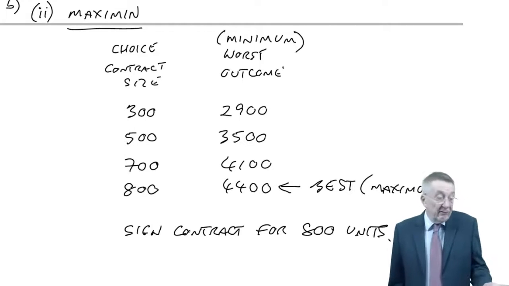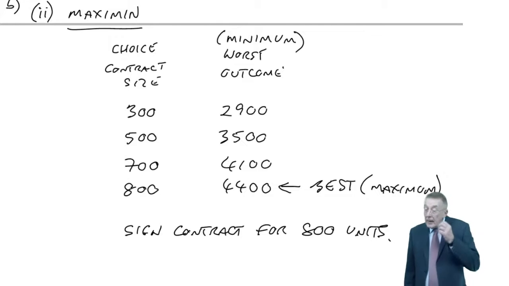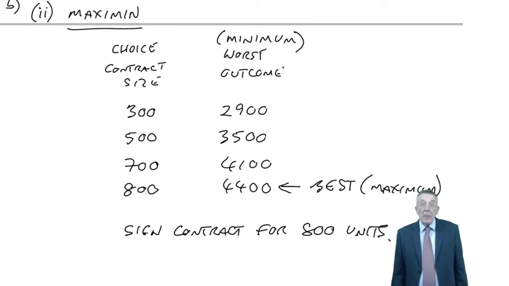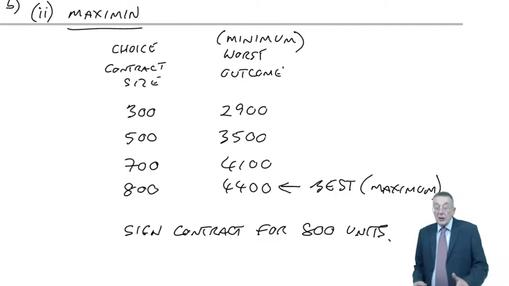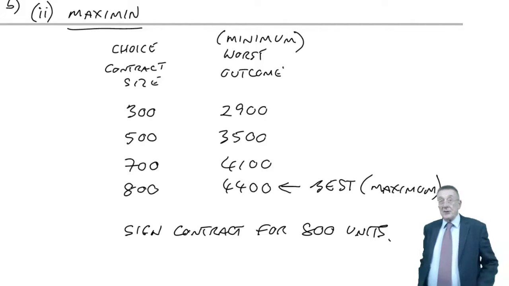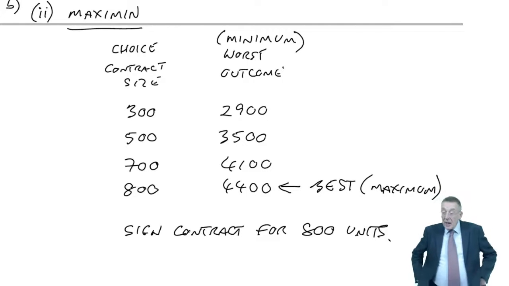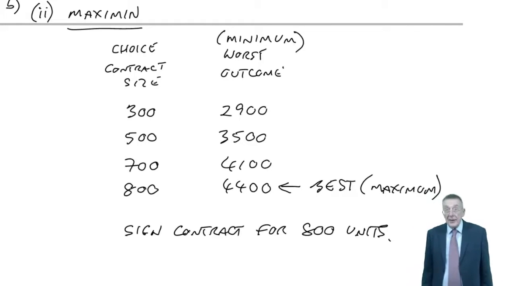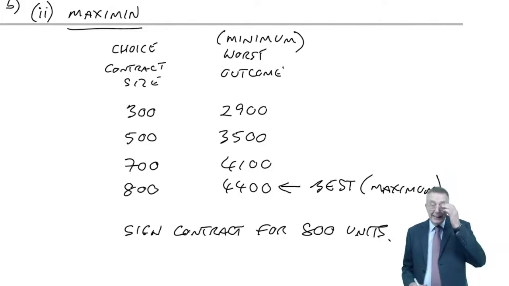You can write the answer almost straight down just by looking at the profit table. But be careful, unless it's an MCQ, the examiner isn't just going to want an answer, or the answer is 800. You are expected to be able to explain why it's called Maximin. And I think just writing an answer down the way I've done there is better than having to then write an essay.